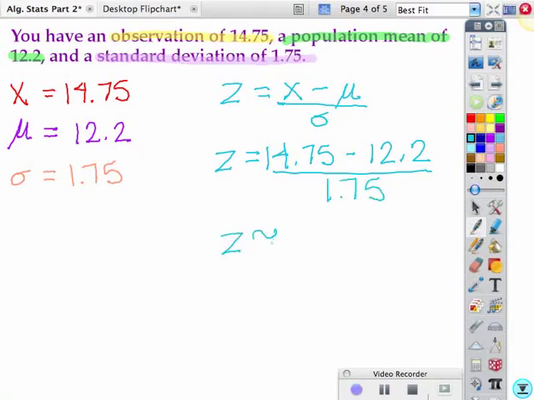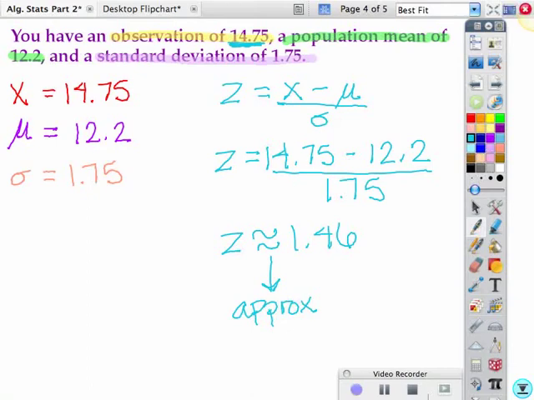This gives us approximately 1.46. Remember, this symbol here means approximately. So this 1.46 means that this number, 14.75, is about 1.5 standard deviations away from our average,